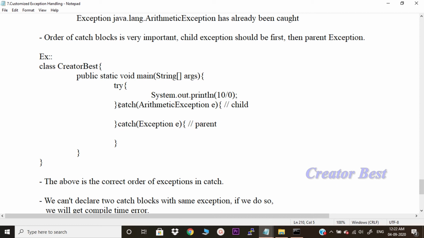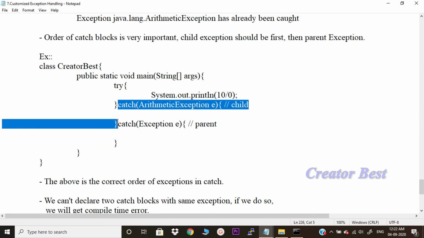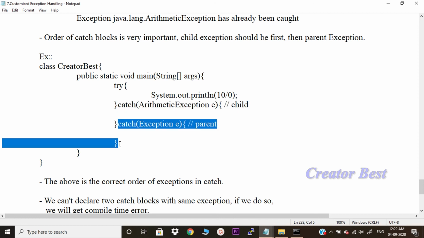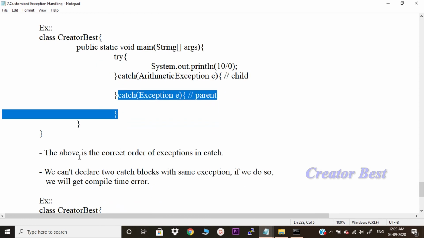So, catch arithmetic exception e, then catch exception e. This is the parent class, this is the child class. So, we need to write the child class catch block first, then we are supposed to write the parent class. The above is the correct order of exceptions in catch.